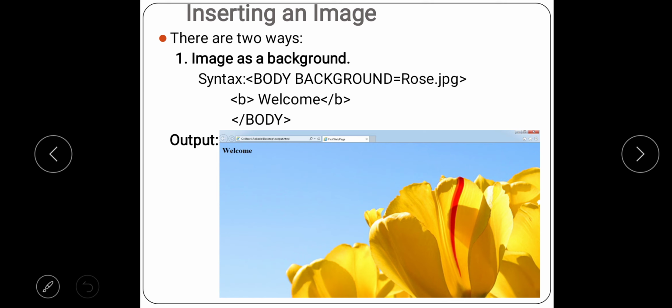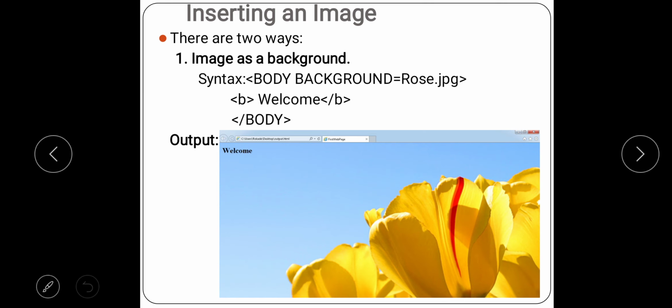See, it is somewhat similar to the themes in mobile, where the image is at the background and everything is placed on top of it. Means there the icons work normally, only the thing is that there will be a background image. Sometimes you can also have a background image in your WhatsApp, right? So it works normally, only whatever background image you have set will be displayed and all the functioning will be there. So similarly, adding a background is like this, right? So let's see the syntax for the same.